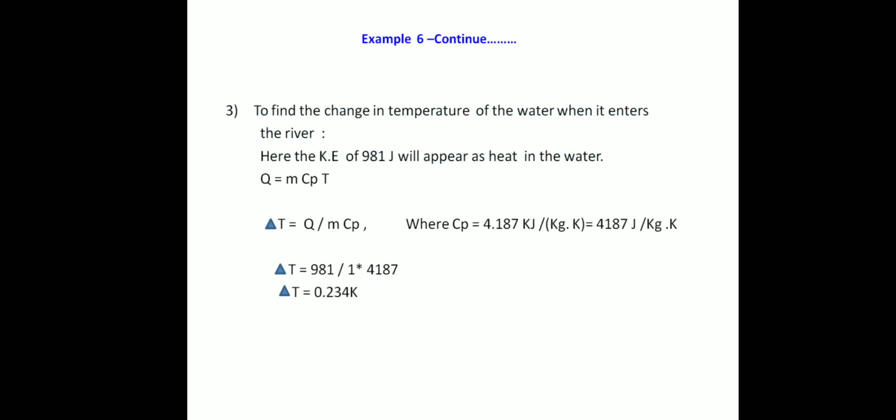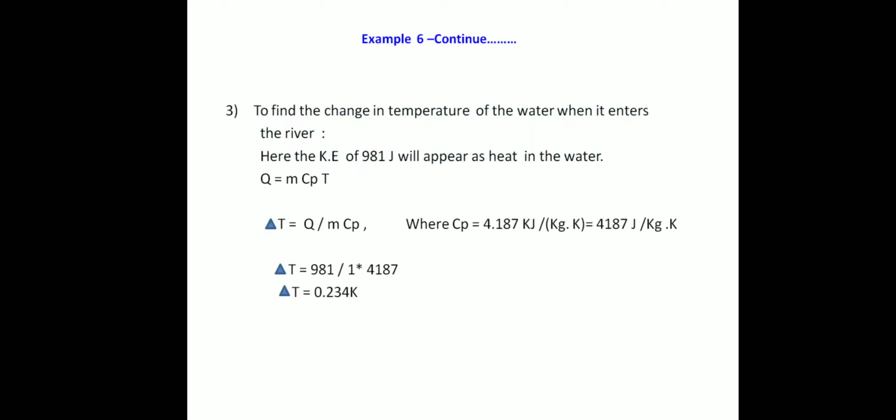For the change in temperature calculations, we must know the formula for the Q. So heat is equal to mCp delta T, because when sensible heat calculations are there, we have to adopt the formula Q equal to mCp delta T. And now we have to calculate the delta T. So rearranging this equation, delta T is equal to Q upon mCp, right?